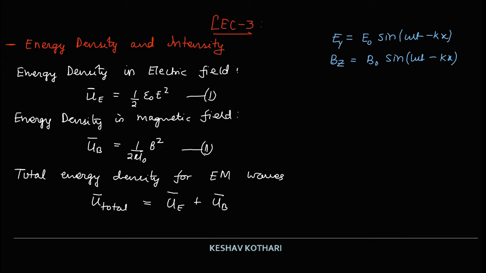So if I substitute the values of E square and B square in the expressions over here, that is equations 1 and 2, the total energy density expression can then be written as